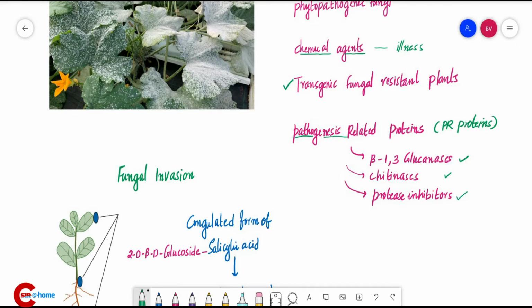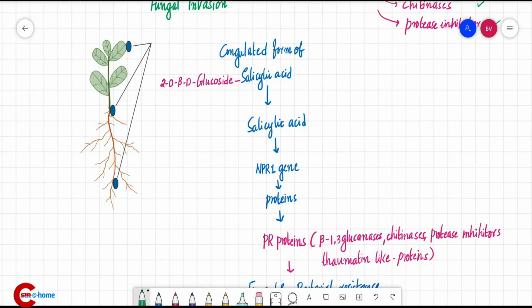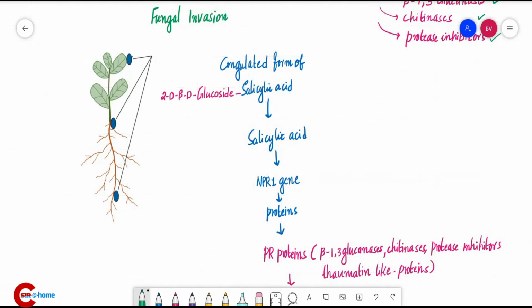Here you can see in this picture, these are fungus, this blue. When the plant is infected, what happens? How does the plant respond to fungal invasion? It converts the conjugated form of salicylic acid to salicylic acid. First, in plants, the salicylic acid is present as conjugated forms. It is converted into salicylic acid. And this salicylic acid